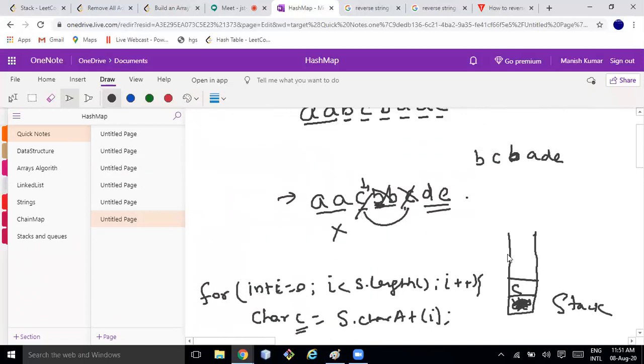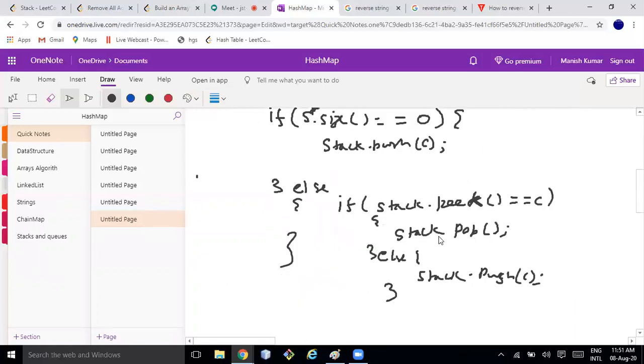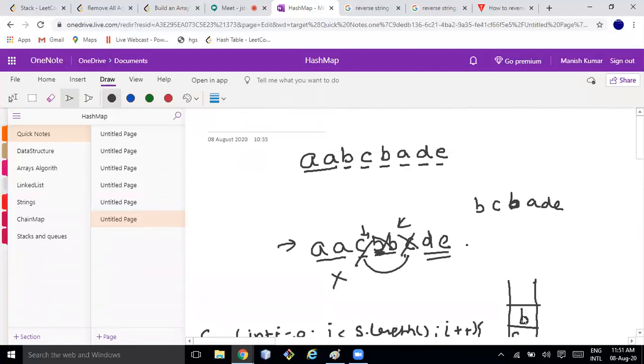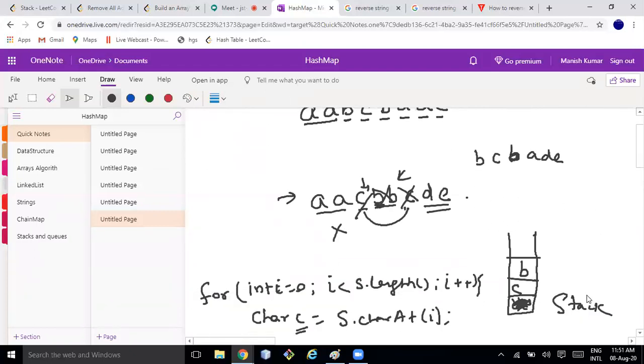So I'll run it and check. C is there, then B is coming, so B will also be pushed. Next B will be coming. So again I'll check whether this B is matching this B. So this condition will match, and this B will be popped out.